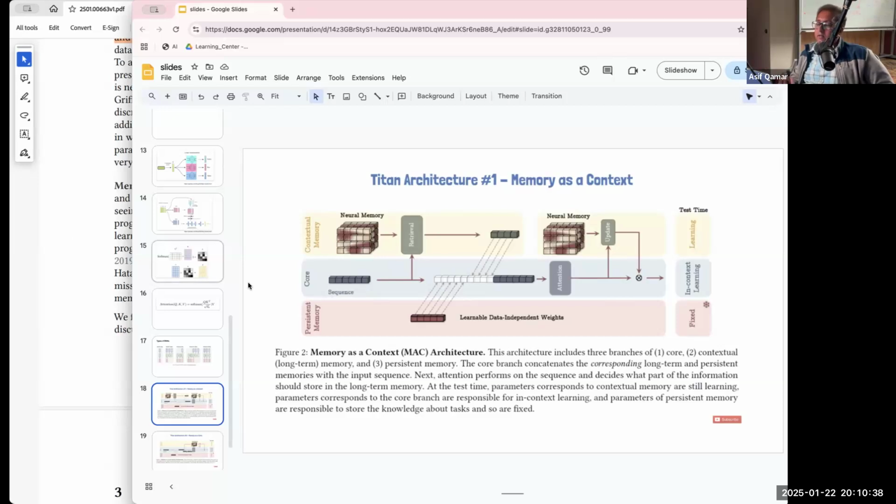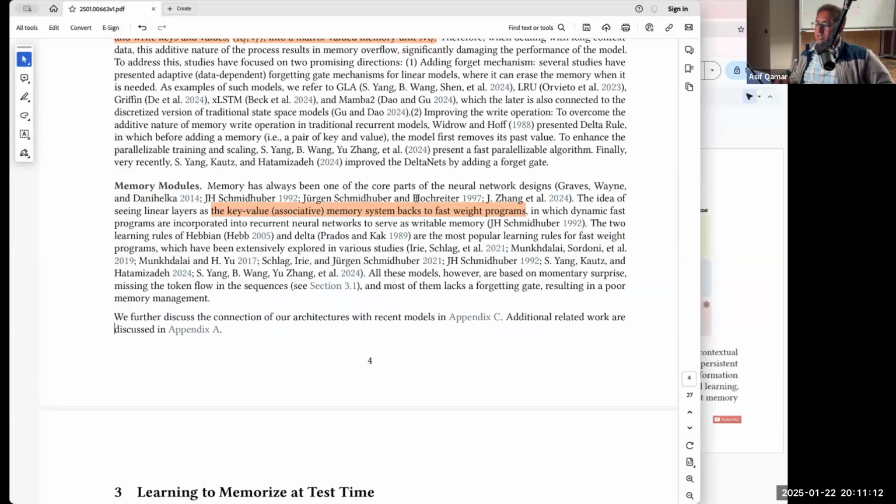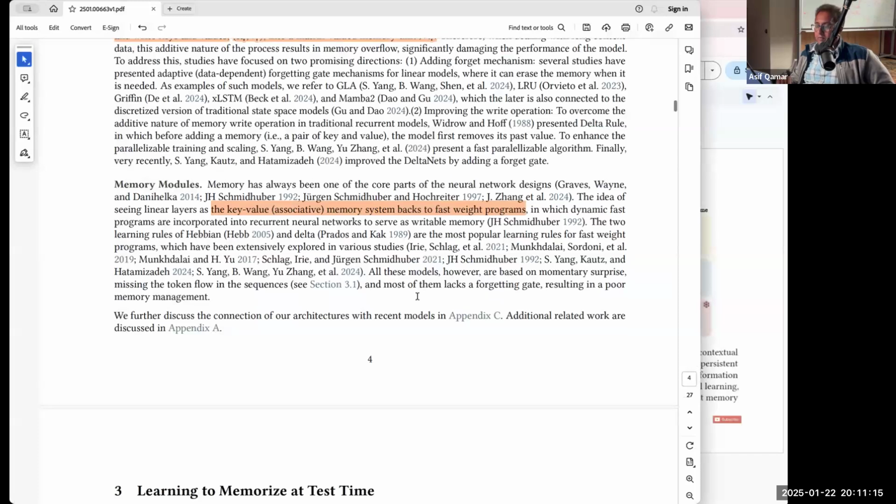But what they mention in the paper is that each memory has a key value pair, very similar to what we know in the case of semantic search, and also in the transformer, where we have the key value pair. It is the same concept. They associate key value pairs. Whenever you think about key value pairs, there are always learnable weight parameters. So it is a little bit of a mini architecture, a key value pair architecture, inside the memory, but they don't go into much detail inside that. They stayed at a very high level in this paper.